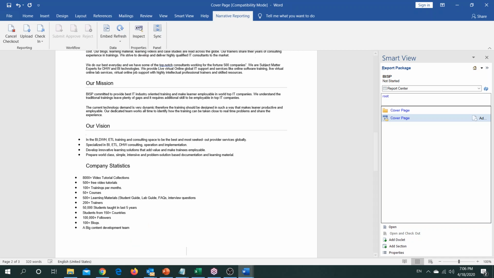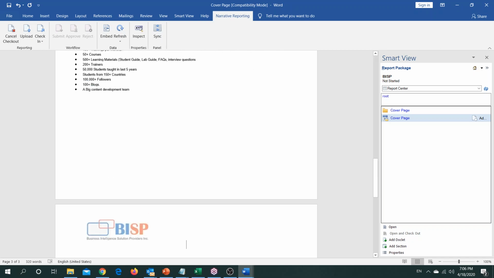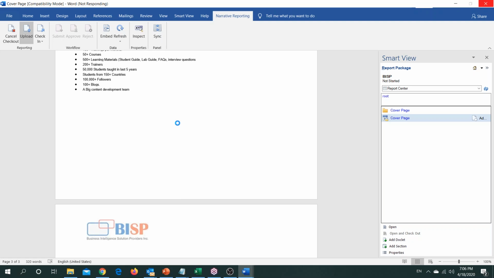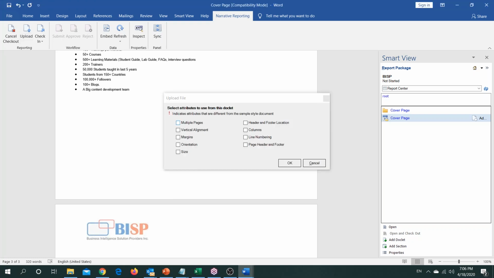Just paste, and as recommended, just go till and upload. Once uploaded, do the check-in. So this will be the process every time you make any changes to your report package.